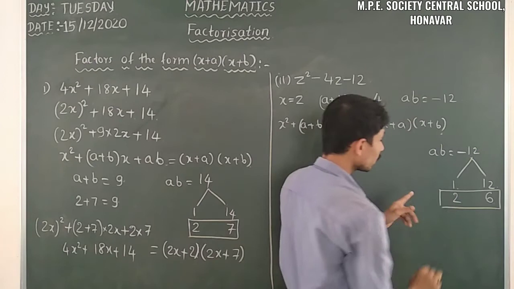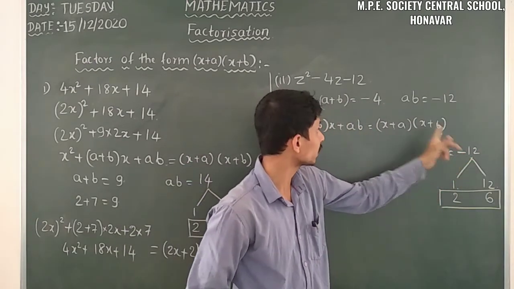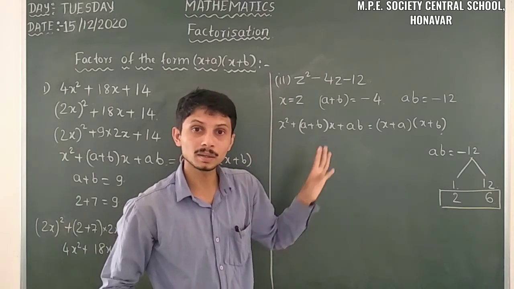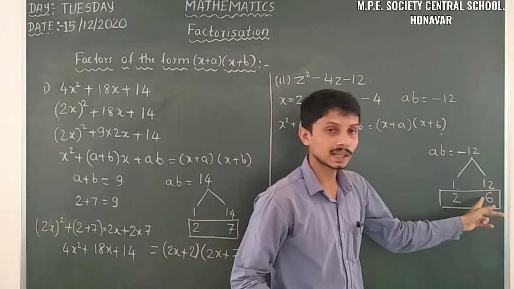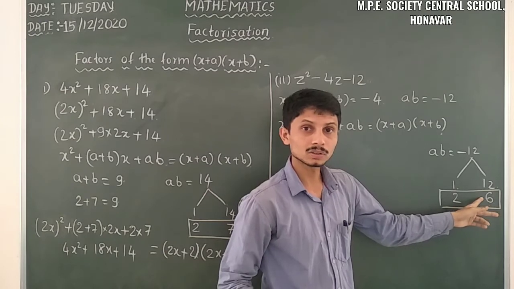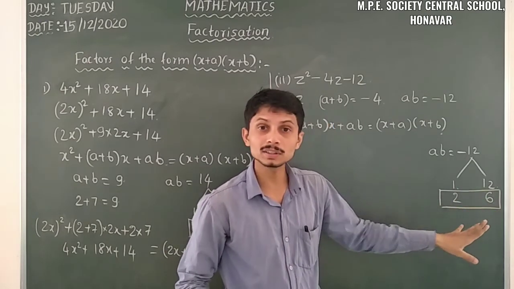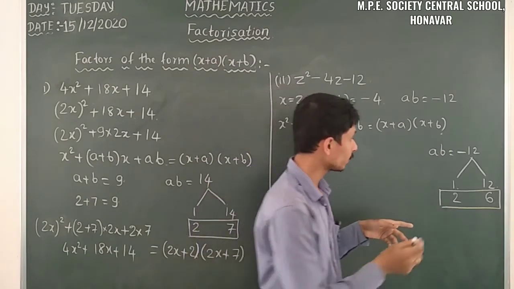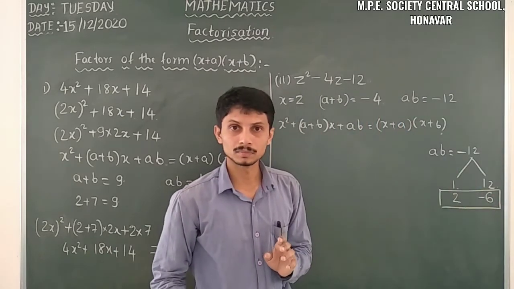Yes. But we don't stick with only this one, because here we have the minus sign. We have to take the minus. So be careful about that. When you take the plus sign here, it becomes 6 minus 2, which is plus 4. We can't get minus 4 here. So that's why we have to insert minus to the higher term.